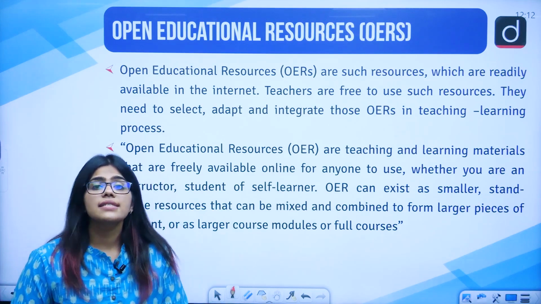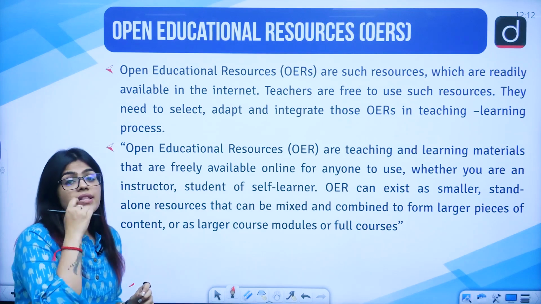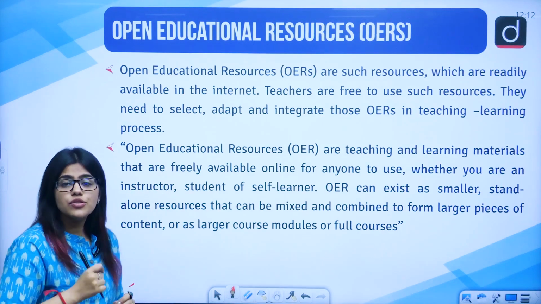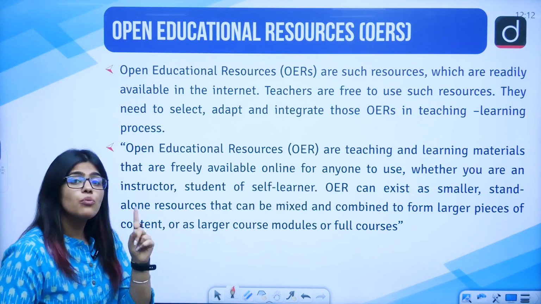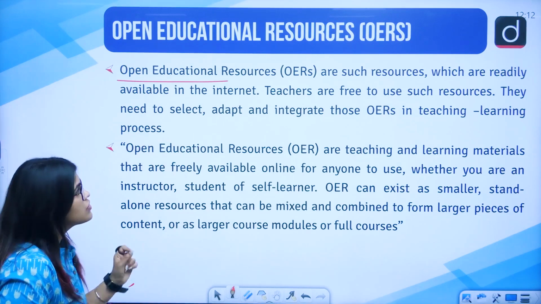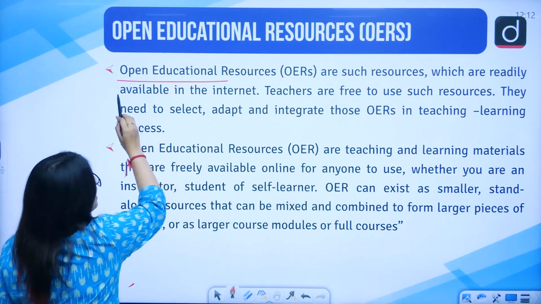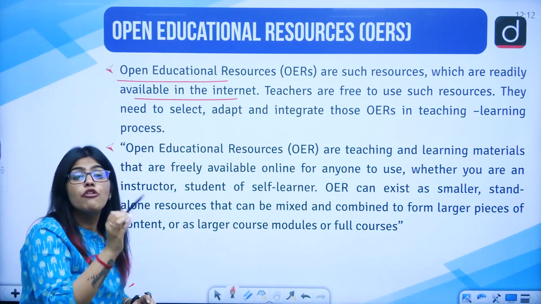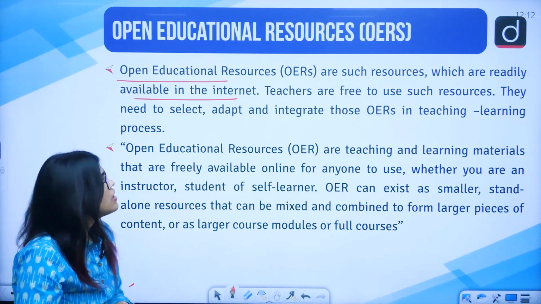Now, let us discuss the open educational resources. These are the OERs. So you can also study and teach through OERs. Now, what are OERs? These are the open educational resources. These are the resources which are readily available and made available on the internet for the usage of the teachers and for the usage of the learners.